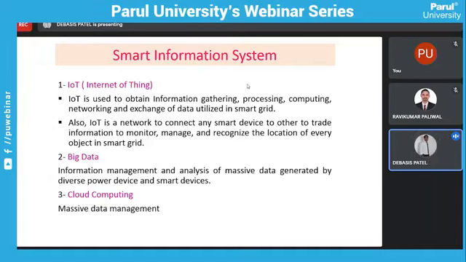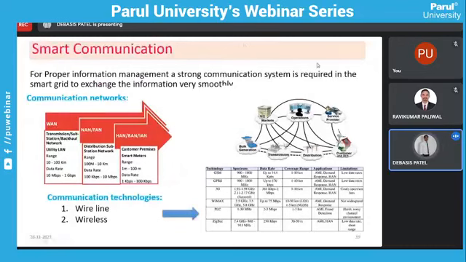Means we already use IoT, but still it has some drawbacks. We require some more future scope. We will see that. So before going to the future scope, we will see the detail of communication. As your topic is communication and information technology, we will now go into detail of communication technology. So coming here, communications. This is what I am showing here. I think my mouse pointer is looking somewhere here.